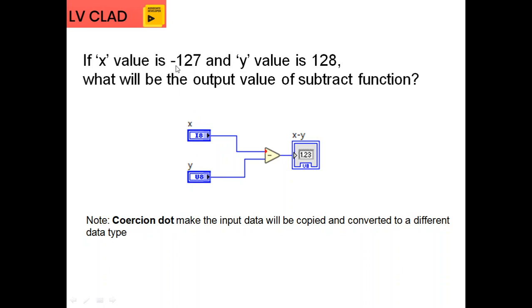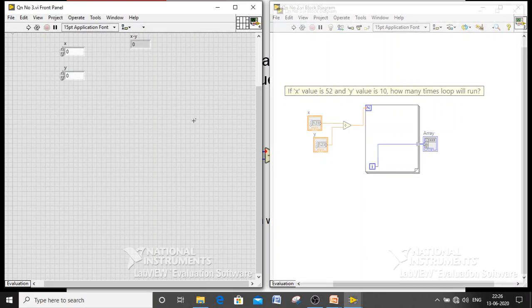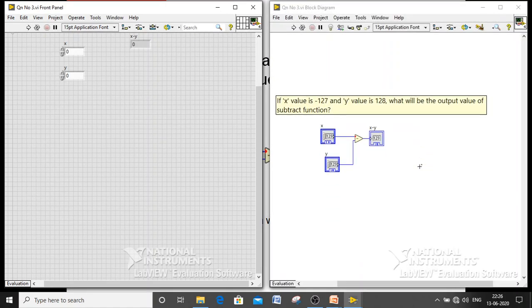My range is also available, minus 127, and the y value is also 128. Look at the subtract function output. It's a very complex question, but you can easily find the answer with good practice. Here, just see this value is minus 127 and this value is 128. After executing, the actual answer is